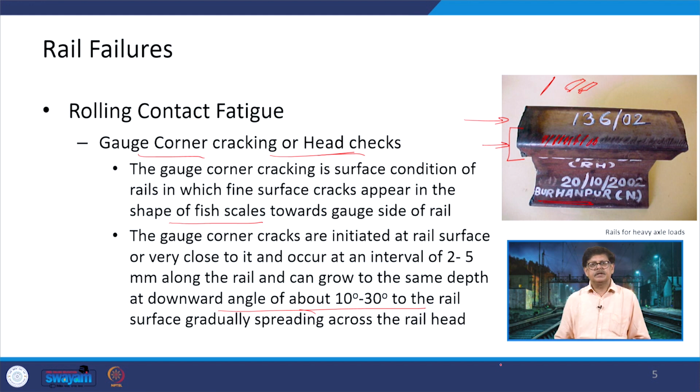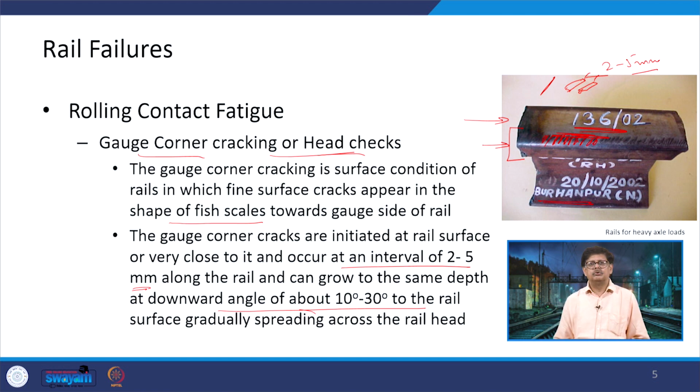And these gauge corner cracks are initiated at the rail surface or very close to it. So, this is the rail surface. It is close to the rail surface where it is occurring, and it occurs at an interval of 2 to 5 mm along the rail. So, the gap between these two is 2 to 5 mm,